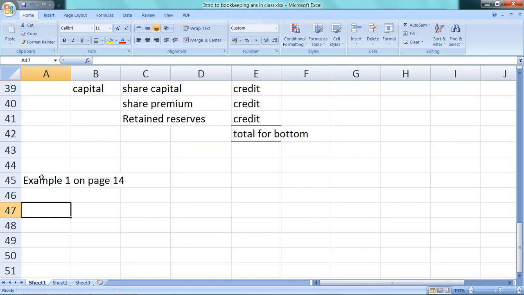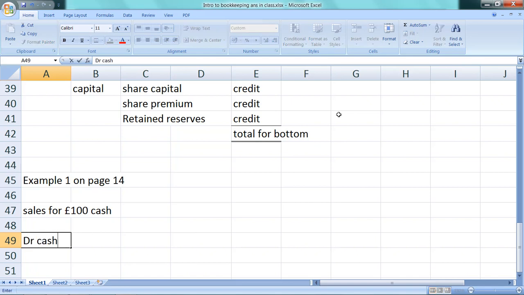We've got a sale for £100 cash. Debits and credits: based on this wonderful big T account, we've got an increase in an asset which is cash. So we debit cash to show the increase in the asset. We then credit sales to show the increase in sales. Does that make sense? So I'm going to debit cash and then credit sales.